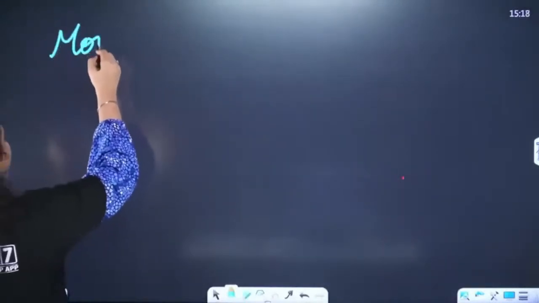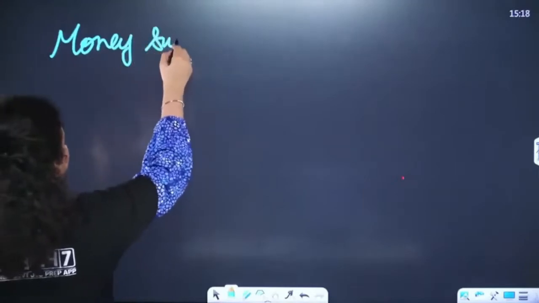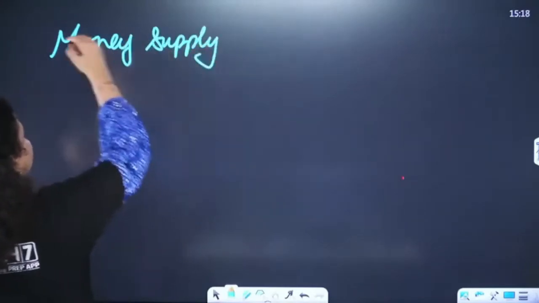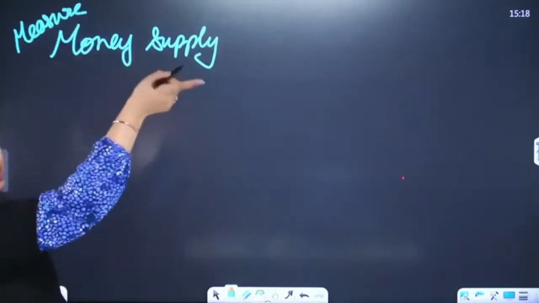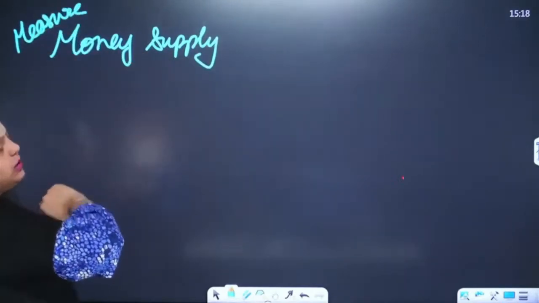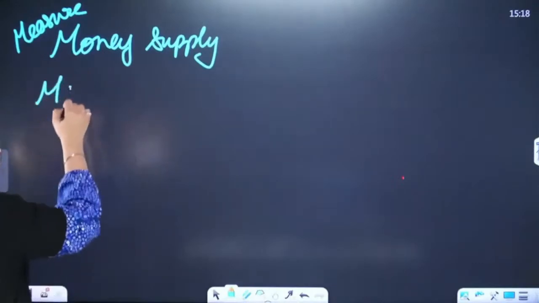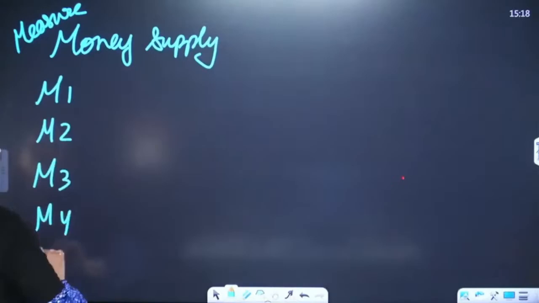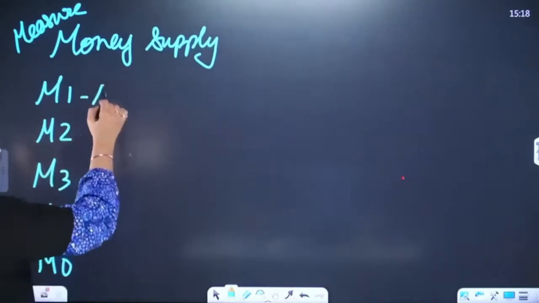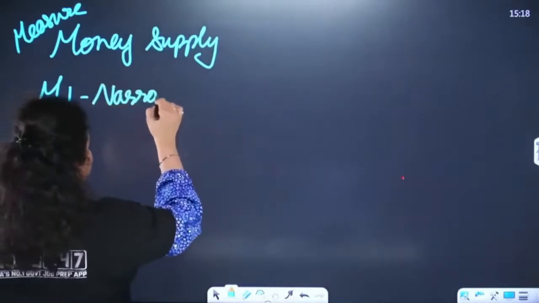RBI has to measure the money supply in the economy. And when RBI measures this money supply, it is done with M1, M2, M3, M4 and M0. Out of that, M1 is known as narrow money,